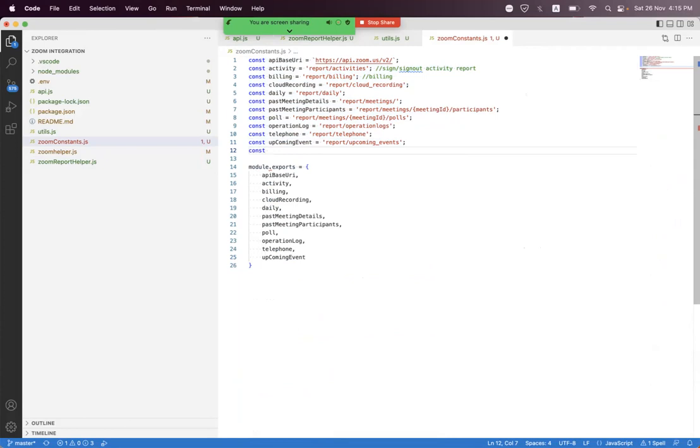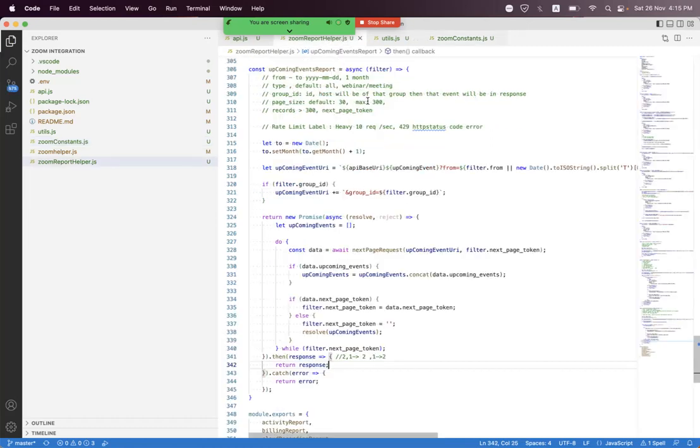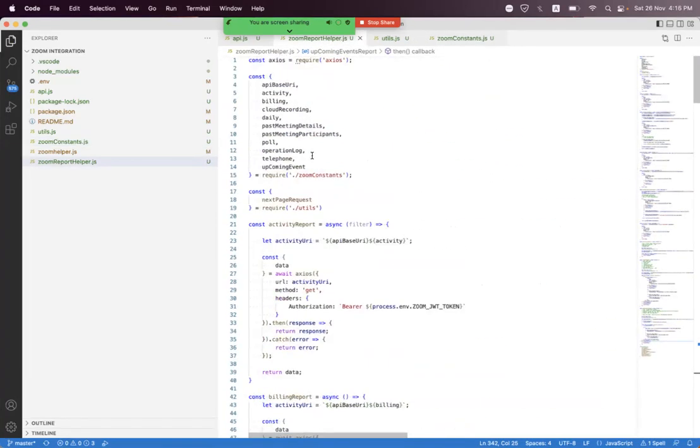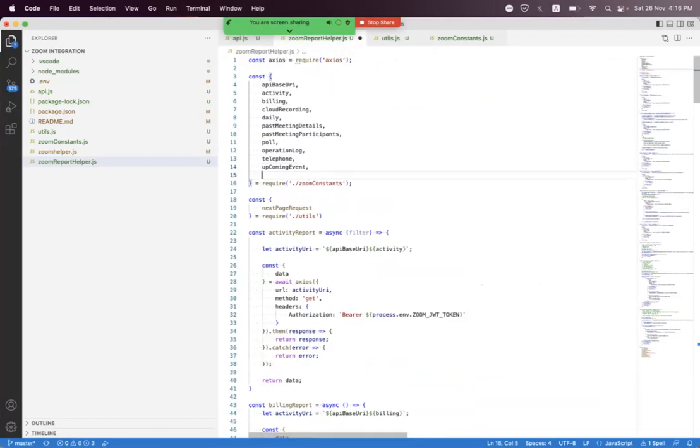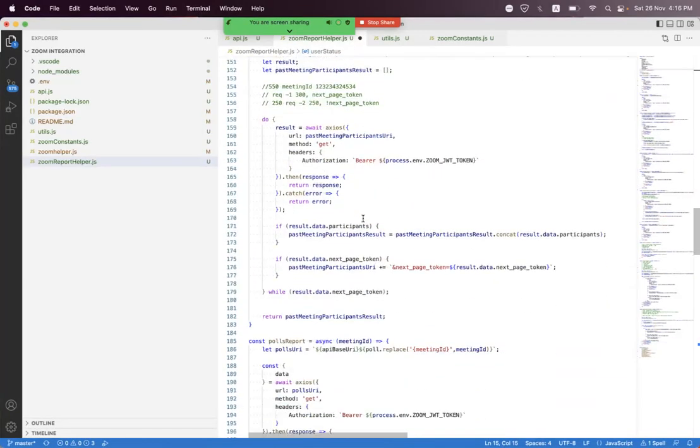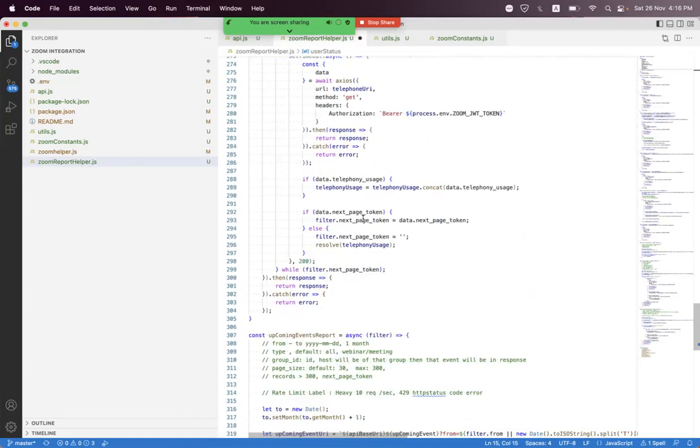So for that, we first need to create a const endpoint variable. We call it user status. Okay, so we just create it and assign the value report and users. Okay, and we need to export that. So we say user status, and inside the helper function, we first need to import that endpoint variable. So we say user status,